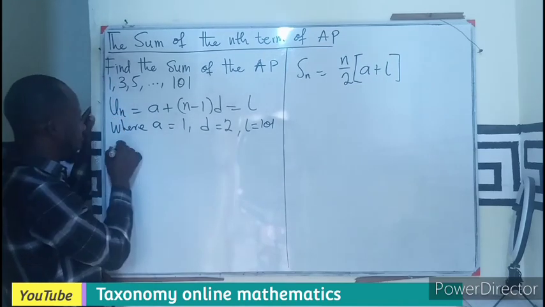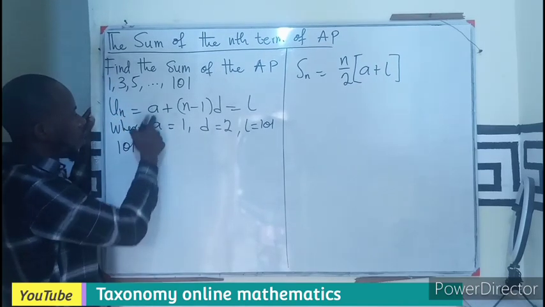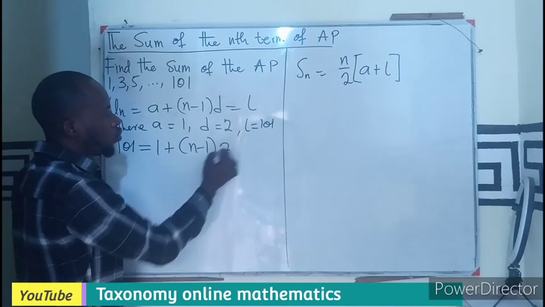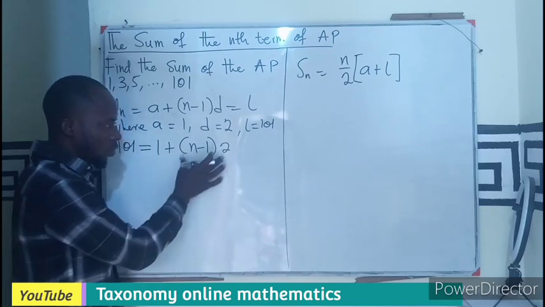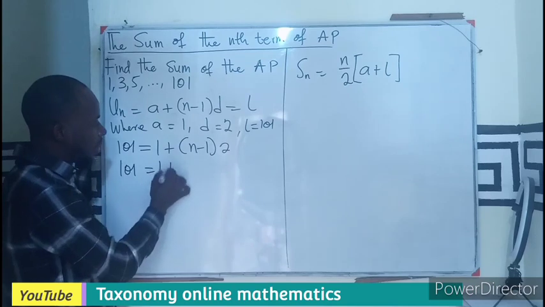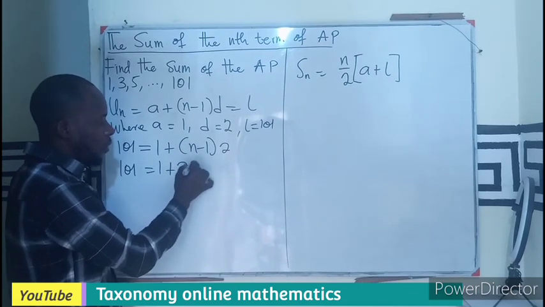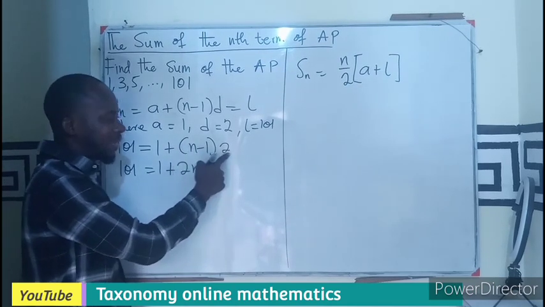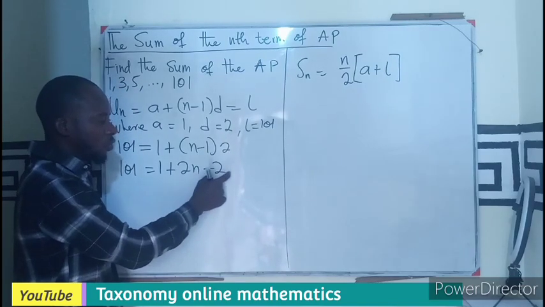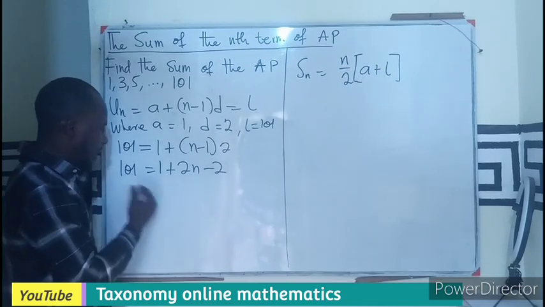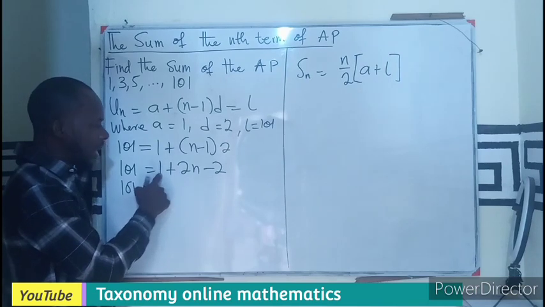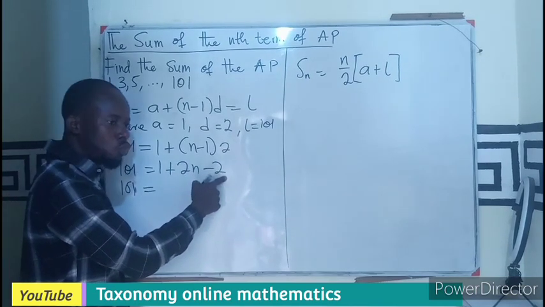Beginning with this, 101 equals 1 plus n minus 1 times 2, which is our common difference. So this can be opened up. 101 equals 1 plus 2 times n, which is 2n, minus 1 times 2, which is minus 2. So this is a variable, and the constants can be computed. So 101 equals 1 minus 2, that will be minus 1,